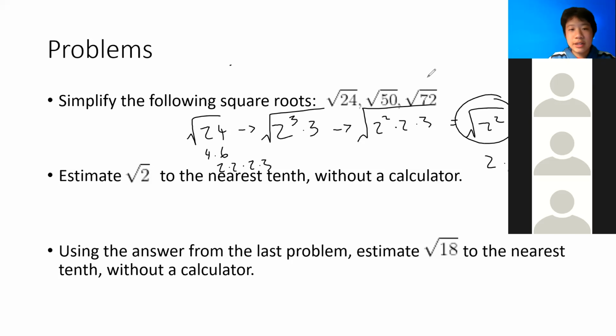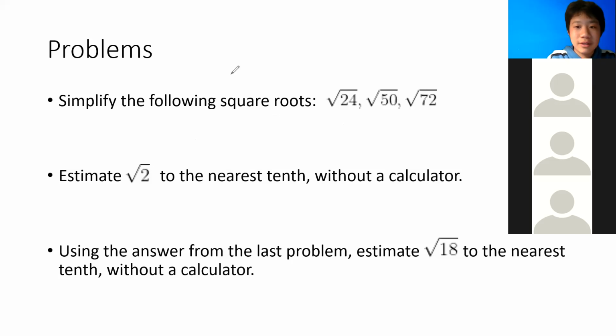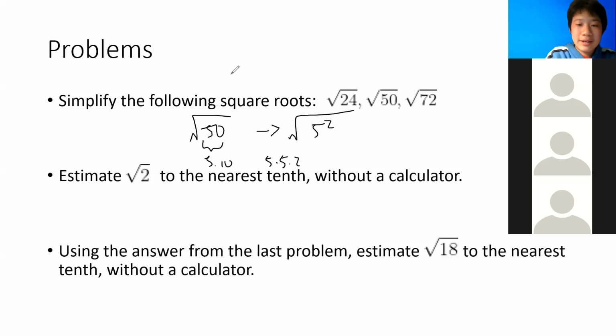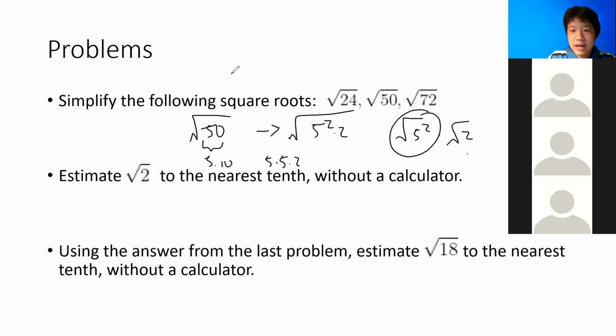Okay? So now we have the square root of 50. Let's prime factorize this as well. That's 5 times 10, or 5 times 5 times 2. So this will be 5 squared times 2. 5 squared is a perfect square, so I'll break that apart. These cancel out, so I have 5 times the square root of 2. Now for the last one,